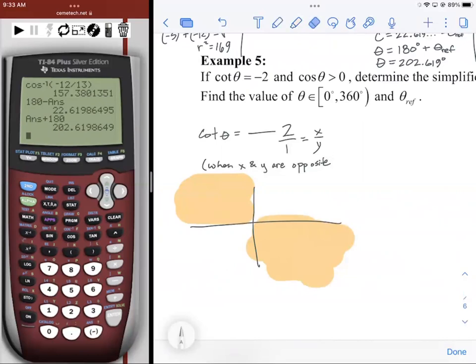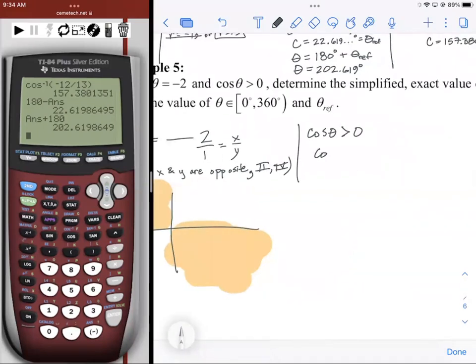Okay, let me go ahead and just say that here. This is quadrants 2 and 4. And now the second clue. The second clue says cosine of theta is greater than 0. Cosine, remember, is